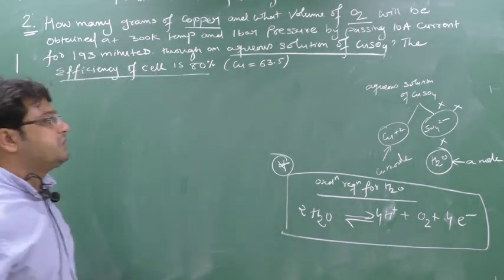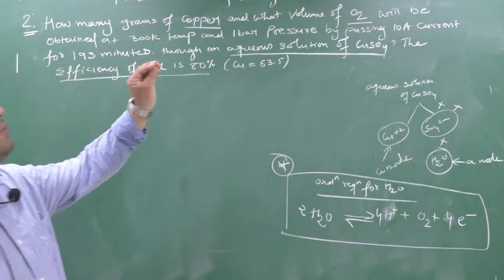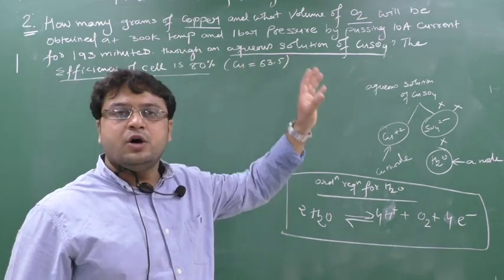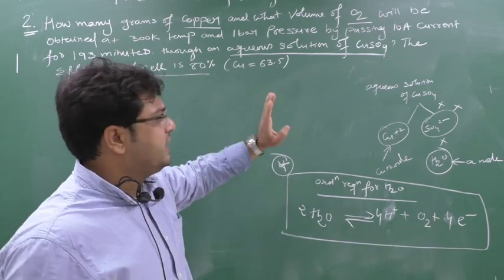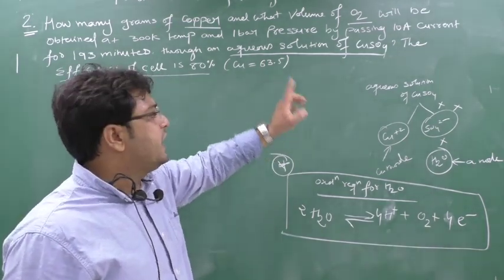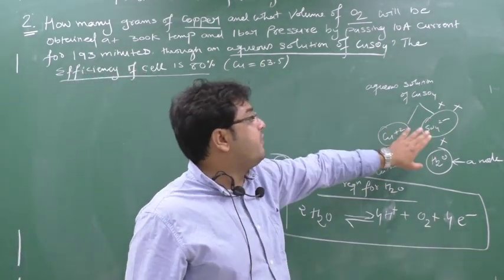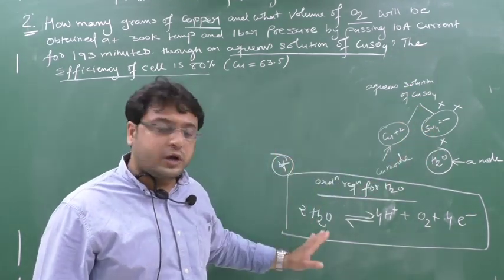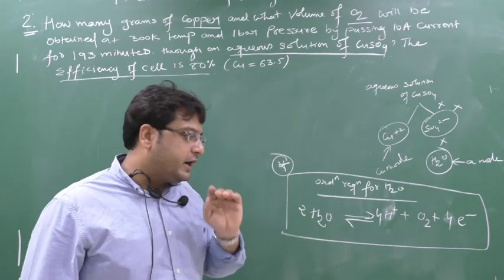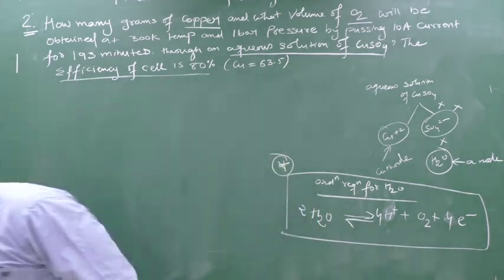Whenever in the question they ask you to find the volume of O2, or they ask you to find oxygen in the problem, guarantee whichever electrolyte they have given, you remember that at anodic part, the anion of that electrolyte will not come. At anodic part, water will come. Close your eyes and write it down. You will get full marks. Clear? Okay, now see here.